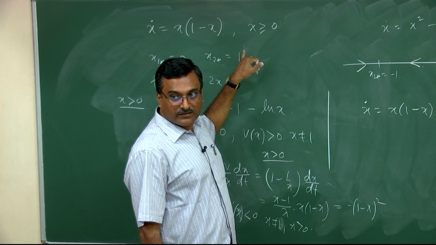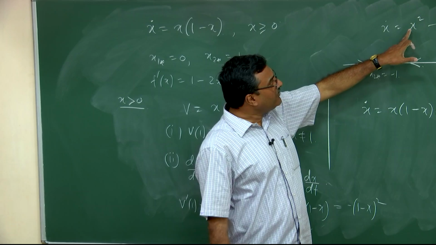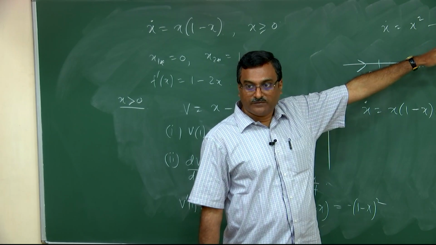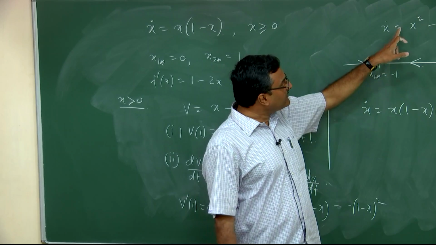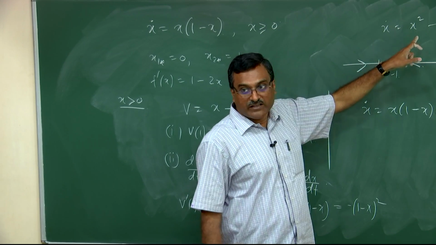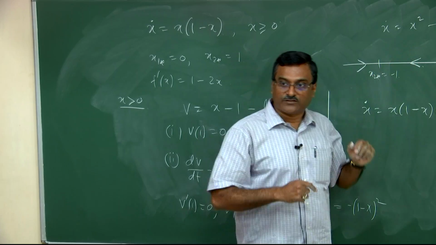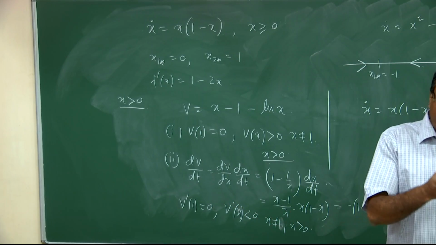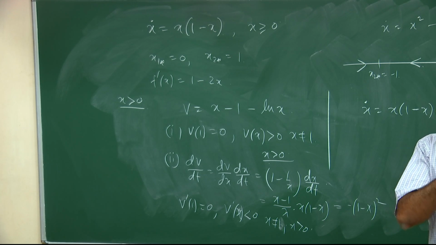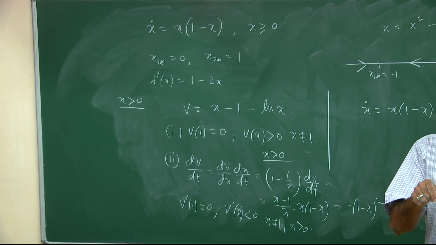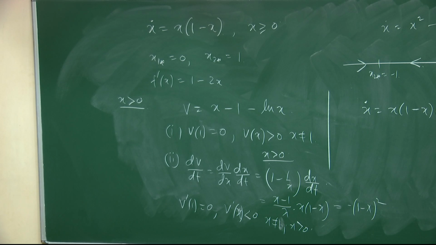Similarly, this is nothing but x plus 1 into x minus 1, and this stability property will be completely changed if you just introduce one x here. So that is x into x square minus 1. If you consider x into x square minus 1, you have 3 equilibrium points, that is 1, 0, minus 1, and if you keep on doing this, that is 1 minus x, x minus 2, 3 minus x, x minus 4, x minus 5 and so on,